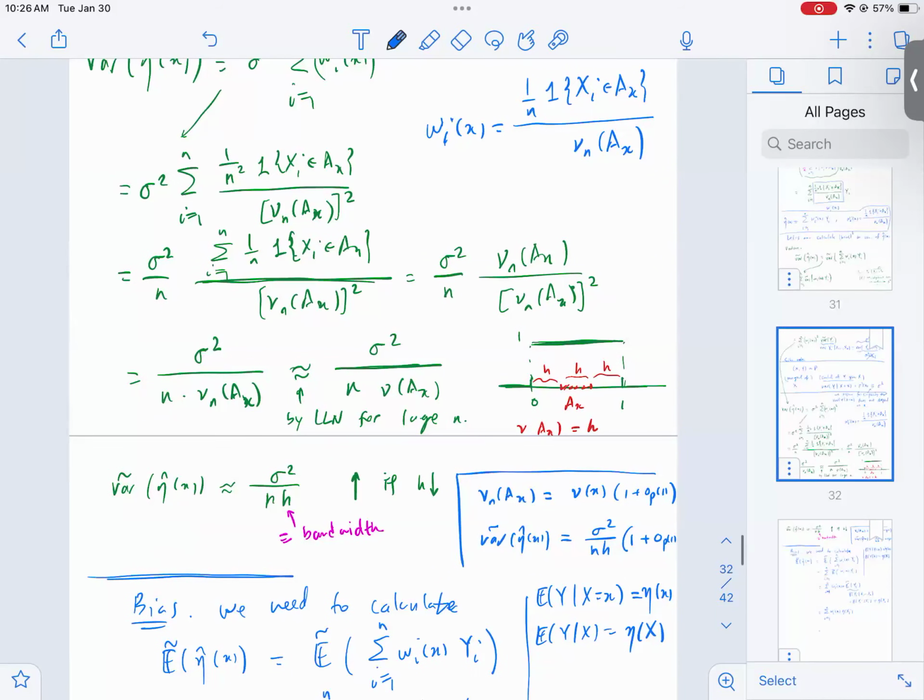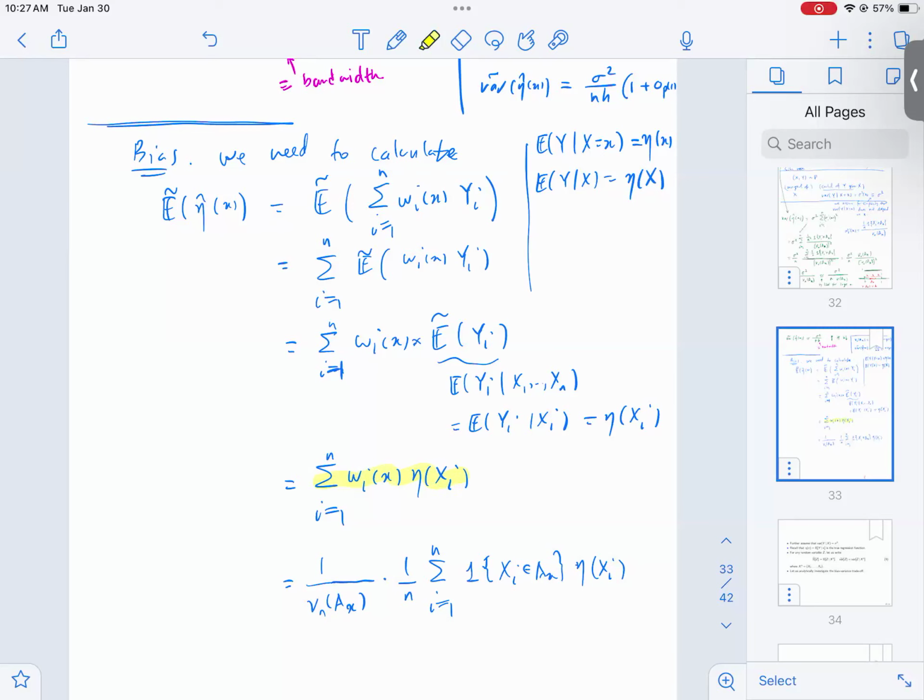So if I plug that into this quantity, I would get, so I'm going to pull that nu n of A_x out. There's a nu n of A_x that I pull out, which doesn't depend on i. And then I get 1 over n, summation i from 1 to n, indicator X_i in A_x, and then eta of X_i. So this formula, by the way, works for any of these